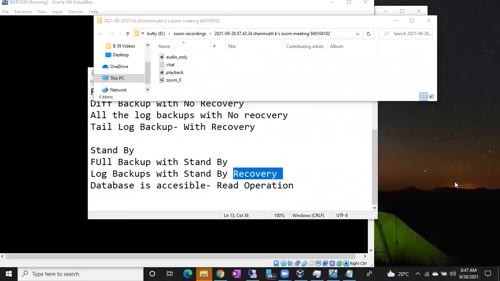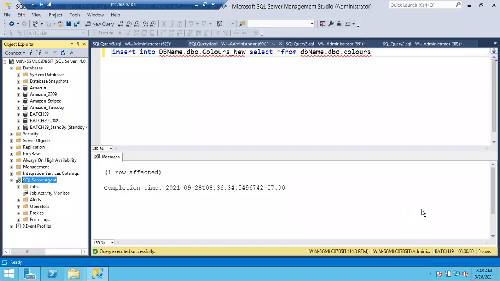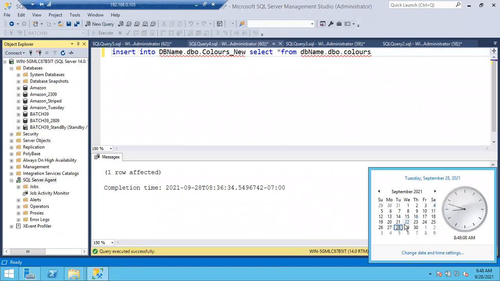Let me tell you the program now. Right now, we completed the security and backups. Tomorrow, day after tomorrow, and till 30th, we'll complete the automation.